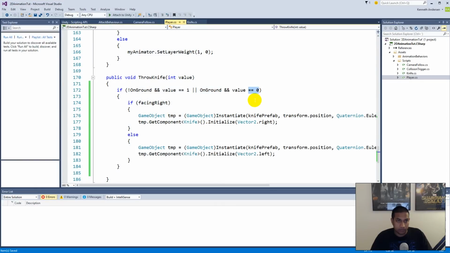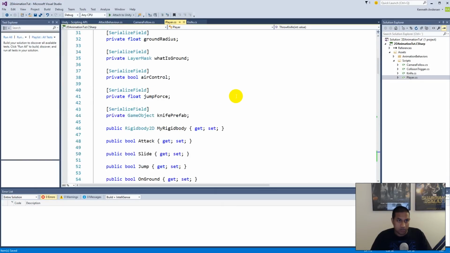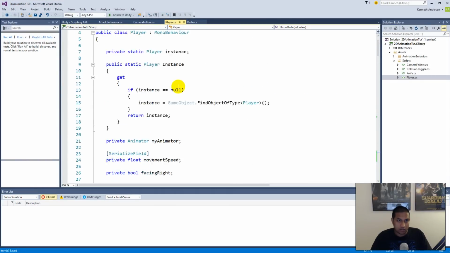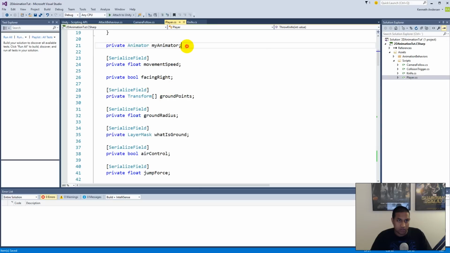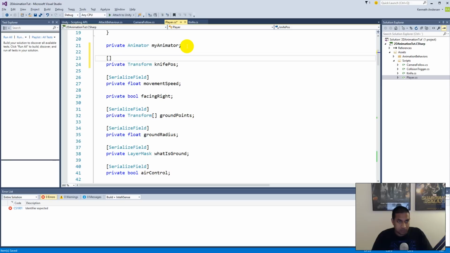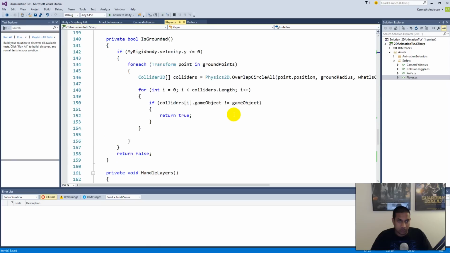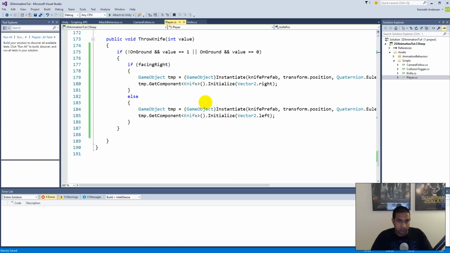So go to the player, and then we need to go to the top here, we'll have to find about here, have to make a private transform and call it knife position. And we need to serialize this field. And when you have serialized the field, you'll have to go to the place where you throw a knife, the knife throw